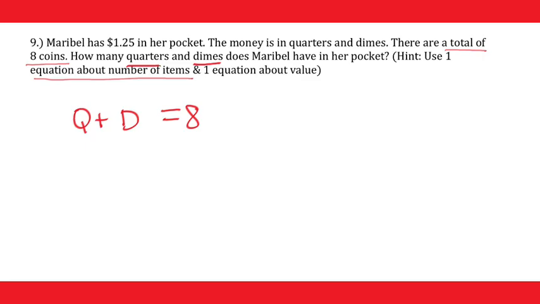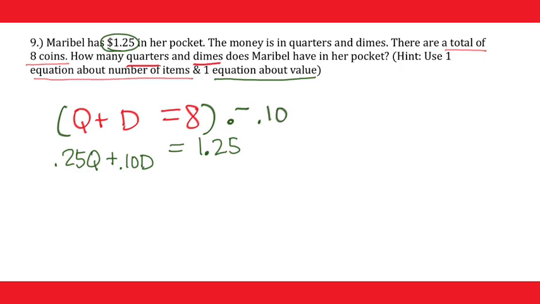Anytime that's a coin question, they have to tell you the total value. So the total value that she has in her pocket is $1.25. And what is the value of a quarter? And what is the value of a dime? And now I have one equation on the total number of items and one on value. Now you eliminate. I always choose to eliminate the dimes in these cases because to multiply by -0.1 is very simple. So I multiply the first equation and get